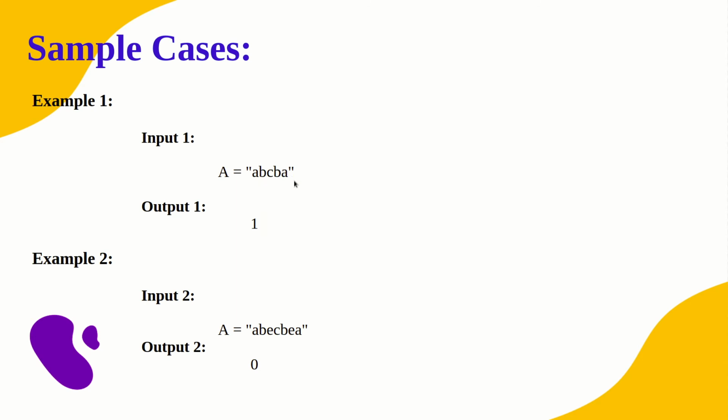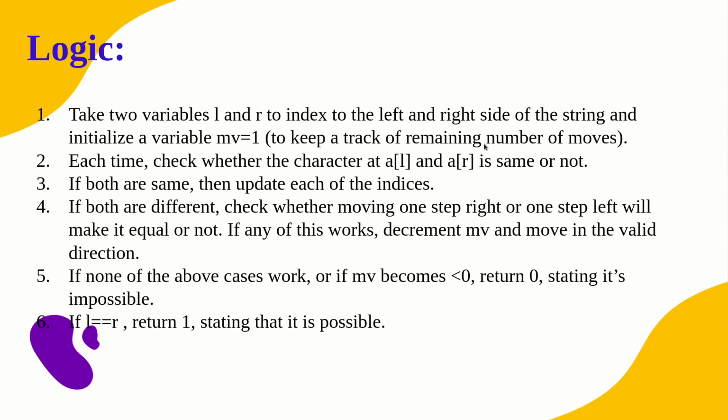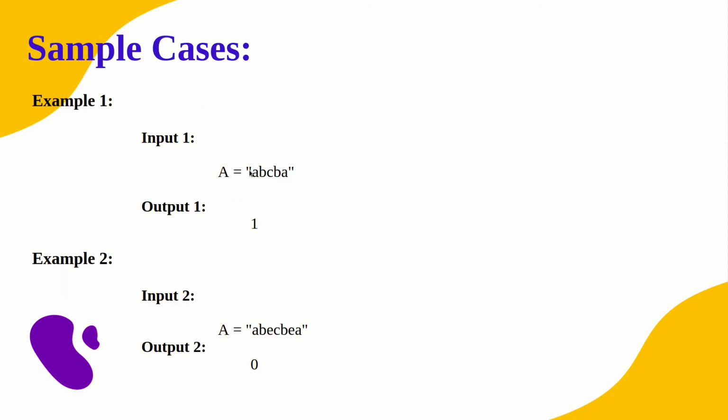As you can see, A is matching with A. When both the characters match, it means there is nothing to worry about a palindrome, because this is the property of a palindrome, that this character should be equal to the character at the end. Then only the string would be a palindrome, which is the same from both directions, right? So if both are equal, you don't have to do anything, you just need to update the pointers. And how to update the pointers? By making left plus plus. Why left plus plus? Because we are moving from start to the end. That's why the left pointer will be getting incremented, right?